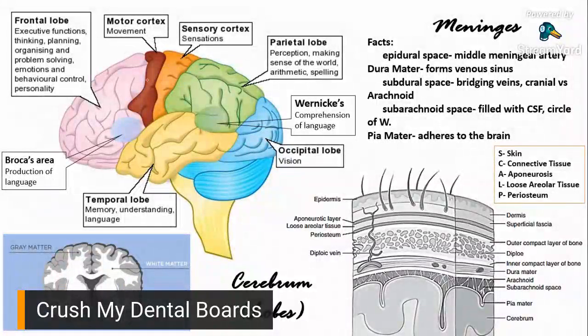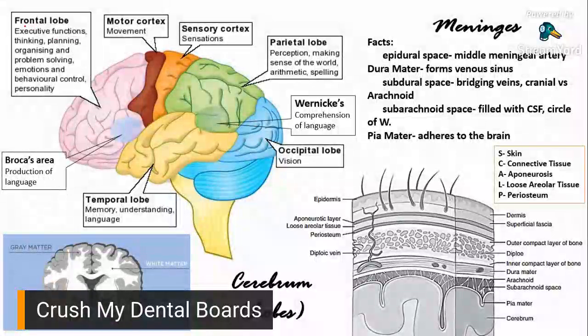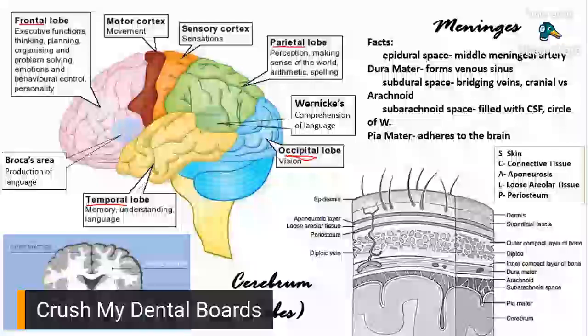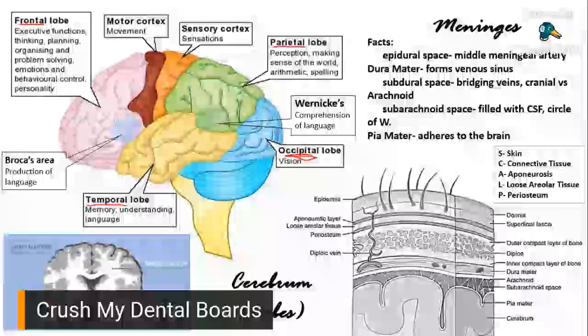Now, in the cerebral cortex, there's actually 4 areas, or 4 lobes, based on the part of the skull where they're close to. So you have your frontal lobe. On your upper left, you have your frontal lobe. And then you have your temporal lobe. You have your parietal lobe. And we have your occipital lobe. Okay, so these are the 4 main lobes of the cerebrum, based on location, the closest bone they're at.